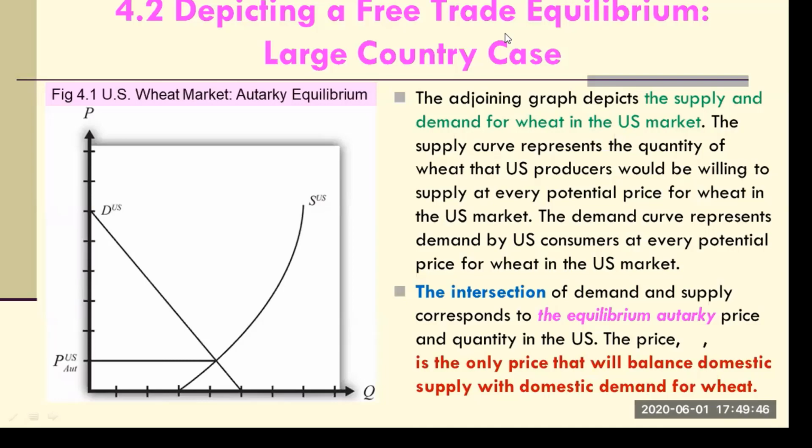This price and quantity in the US price is the only price that will balance the domestic supply and the domestic demand for the wheat. So the curves are drawn such that the US